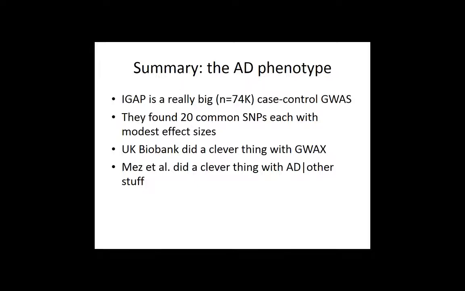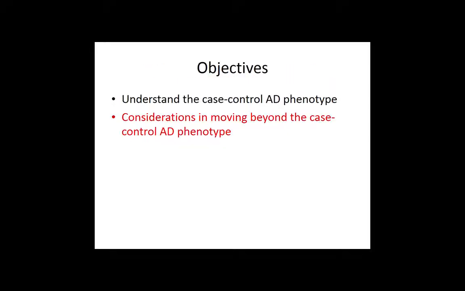And then this guy, Jesse Mez, did a really clever thing, taking Alzheimer's disease, controlling for other stuff. And the controlling for other stuff, that is your expertise. You know about these conditions. You are phenotypers. You just didn't think about it that way before. So, Jesse, for your paper, was that